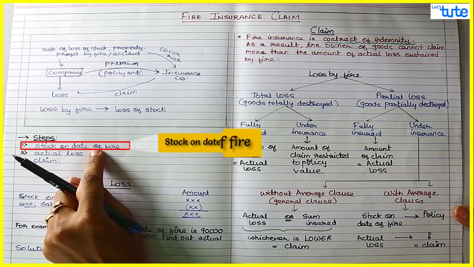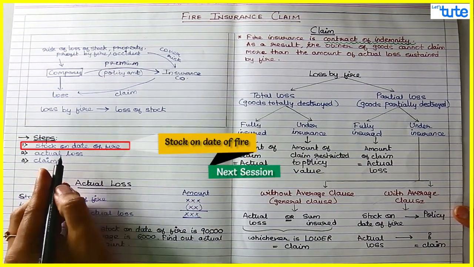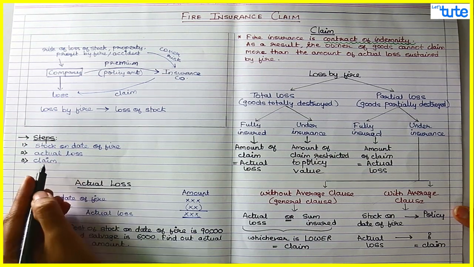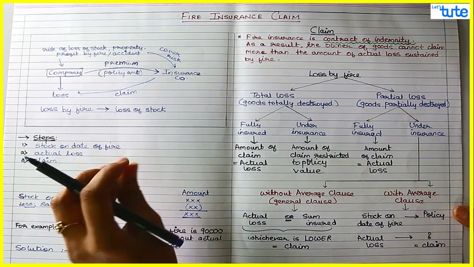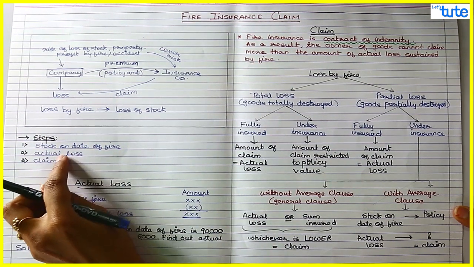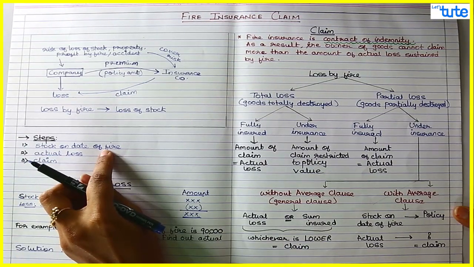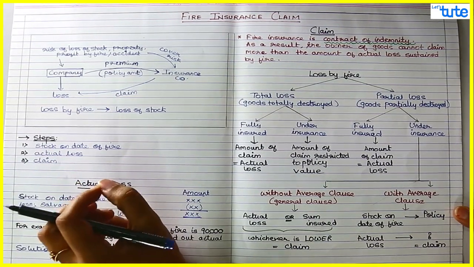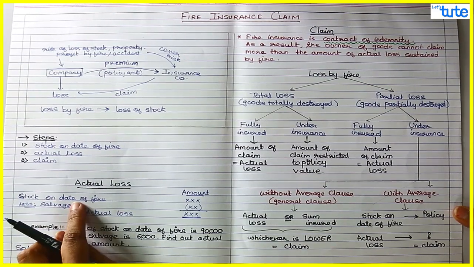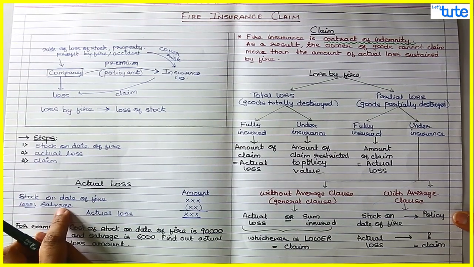Now stock on date of fire we'll discuss in the next session. So first we'll see what is actual loss and what is claim. Assume when we are calculating this actual loss and claim, we already have the stock amount on the date of fire. If we deduct salvage from that stock,